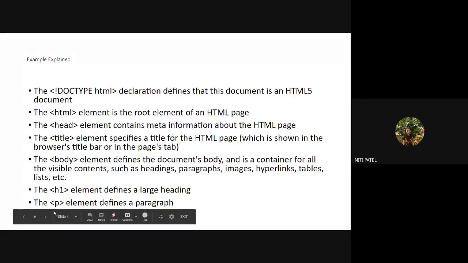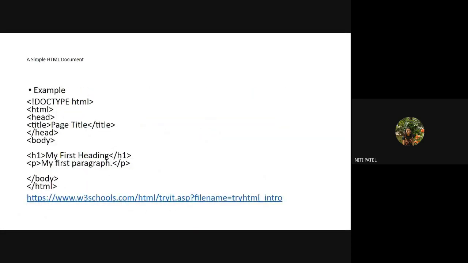Now next was the H1 tag and the P tag. For now, just remember that H stands for heading and P stands for paragraph. If I want to write a heading on the web page, I will use H; if I want to write a paragraph, I will use P. The details of both the tags are explained ahead in the slides. For now, just remember H is the heading of the page and P is the paragraph inside the page. Okay. So are you clear with all the elements?